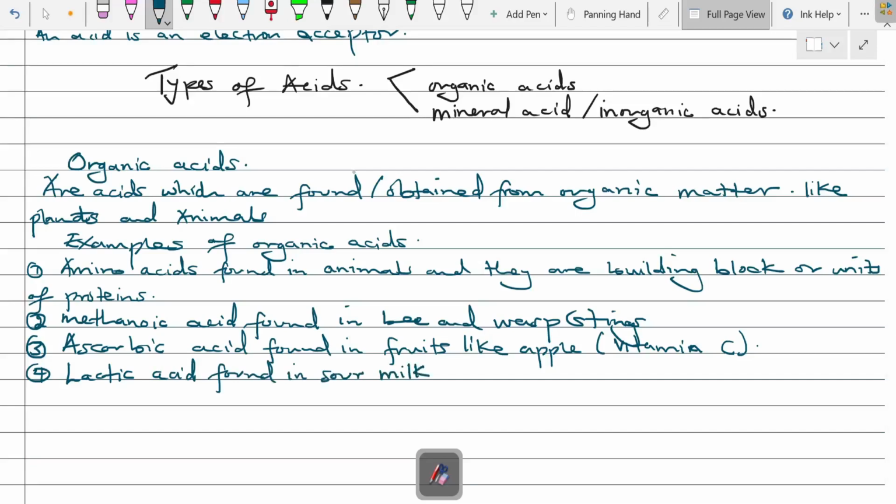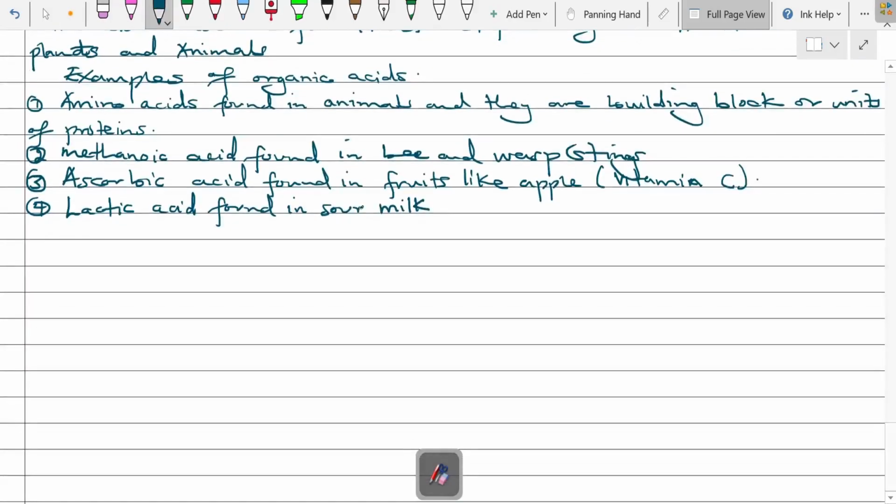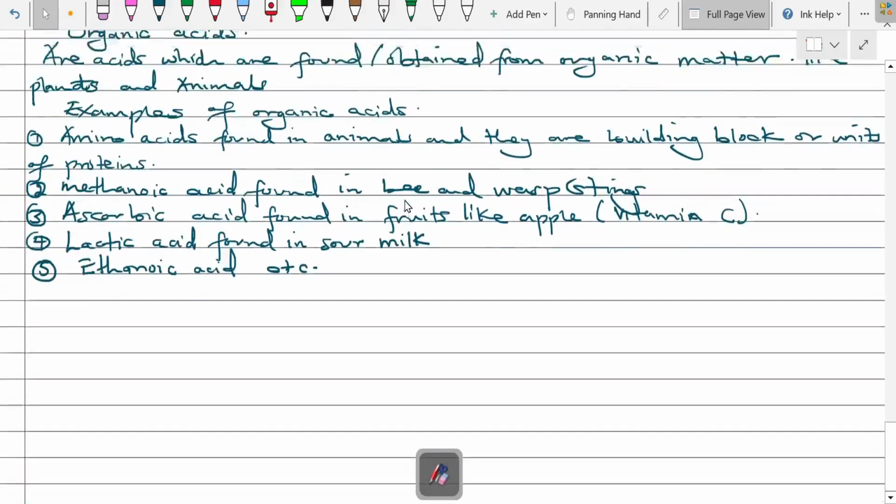Gasangibwa mu bongo, and there are many, we can't exhaust them. We can have the fifth one as ethanoic acid, propanoic acid, butanoic acids. There are many, very many. So we can say etc, and so on and so forth. Then let's talk of